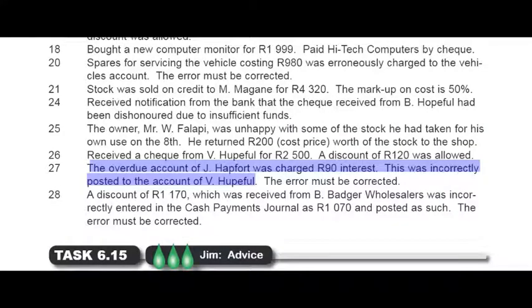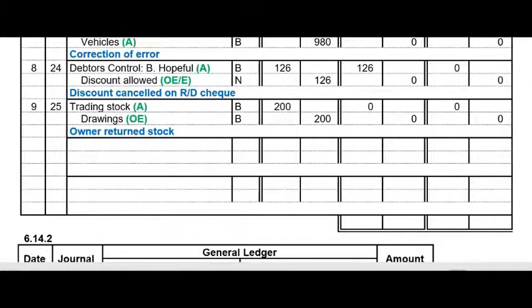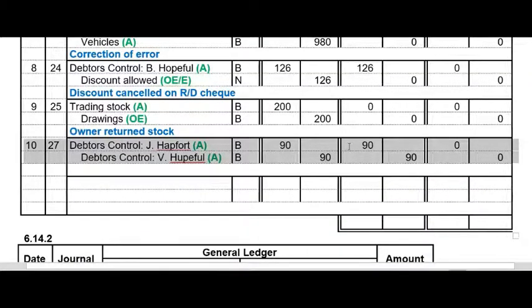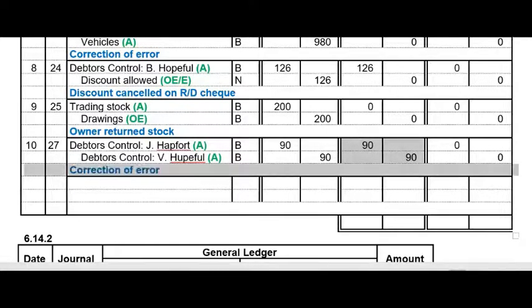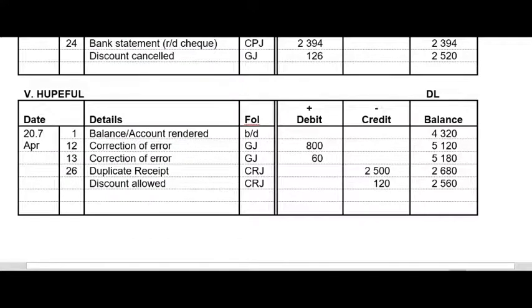The next transaction on the 27th said the overdue account of J. Hapford was charged 90 Rand interest. This was incorrectly posted to V Hopeful. So now we incorrectly debited V Hopeful with some interest where we should have debited J. Hapford. To correct this, you go to the general journal. You debit J. Hapford, credit V. Hopeful. Both of them affect the debtors control account. You say correction of error, and remember to record this in V. Hopeful's debtors ledger account. So you just say correction of error, and you credit his account, bringing the total value that he owes us at the end of the month to